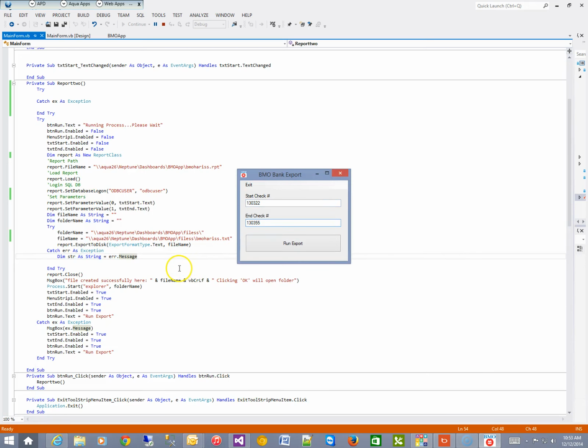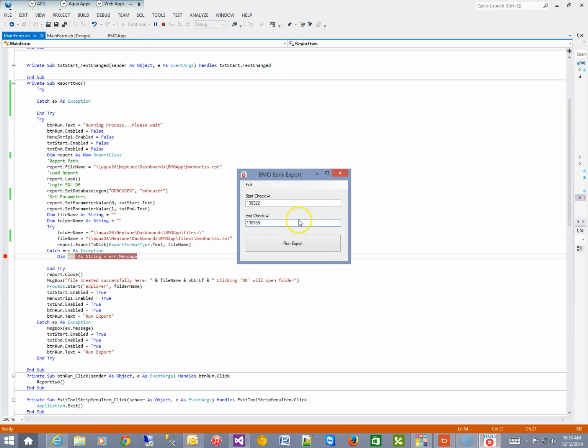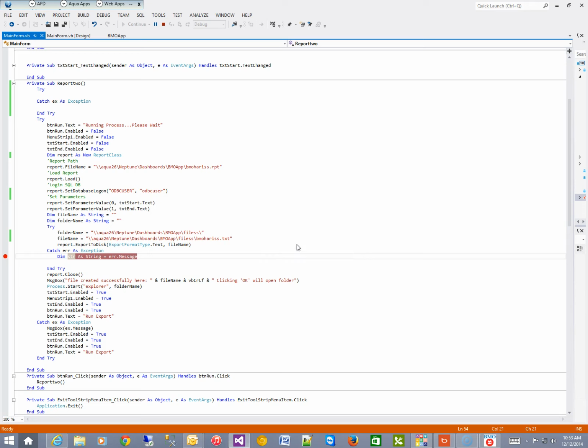Do I have a try catch in there? No, I don't. I don't have a try catch. Okay. I do have one, but I don't have a message box popping up there. So let's do it again. There it is. Okay. So basically the error on this one